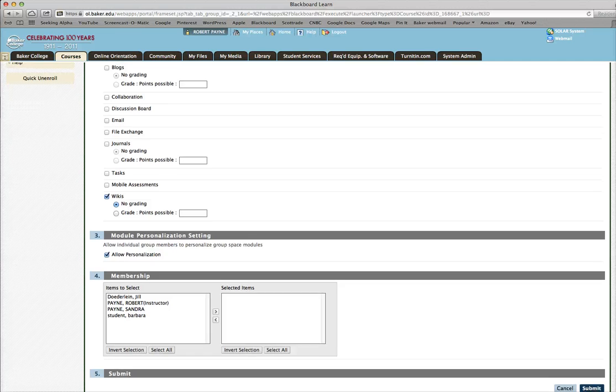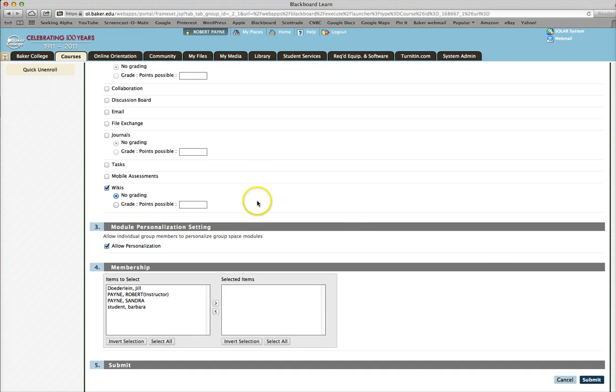We will scroll down further. We now have to identify the students that are in the group. The first place to start is to identify yourself. You will not have access to the group wiki without putting yourself in there. So this is where you will make the determination. This membership area will have a list of yourself and all of the students who are enrolled in your course. You'll make the determination as to which students will fall in which group, and you have to create the groups with those students. So in this case, you want to make sure yourself is in there, so highlight yourself, click